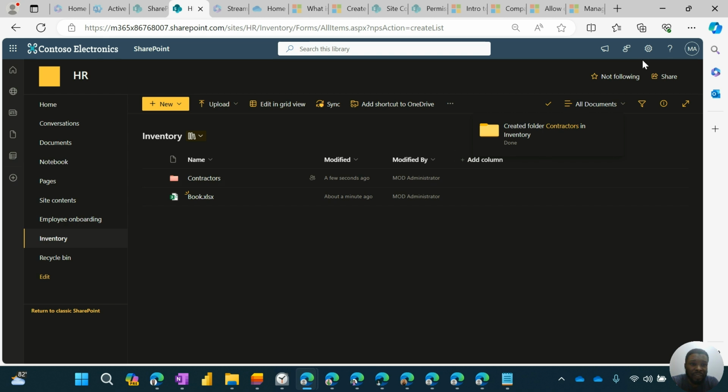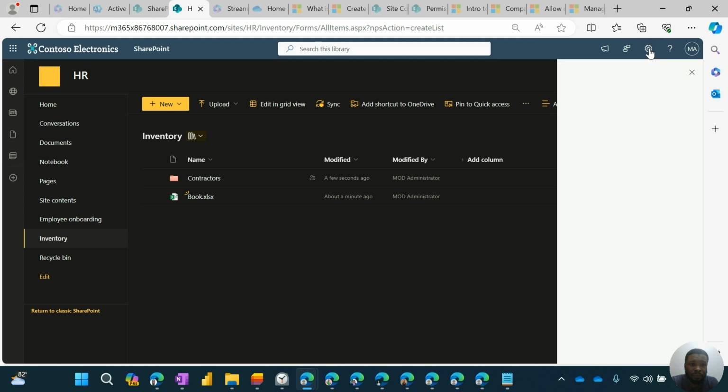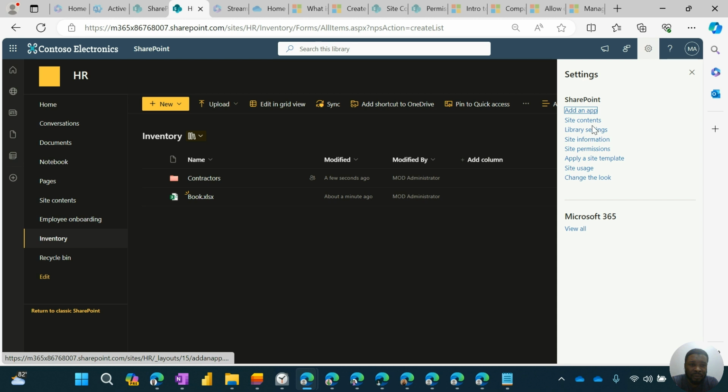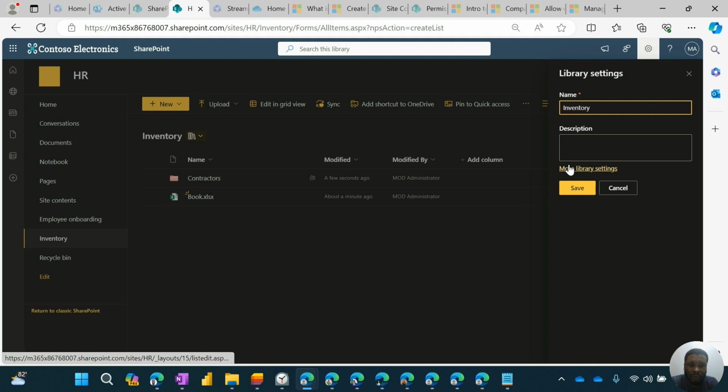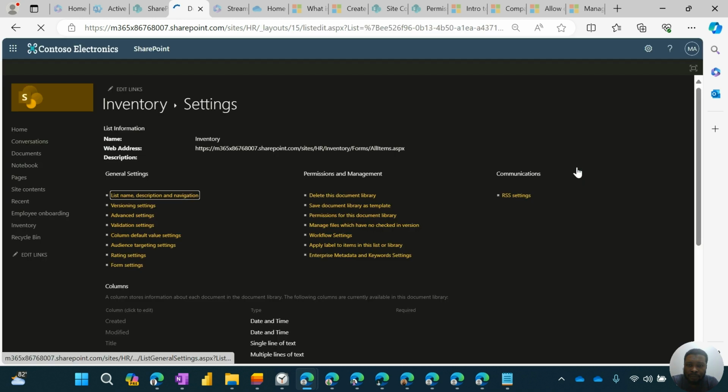Remember that this is the same organization, the same domain in which the previous user in the first video was. So I would now go to the settings, library settings, more library settings. And then in here, under the permissions and management category, I will see save document library as a template. So I click on it,